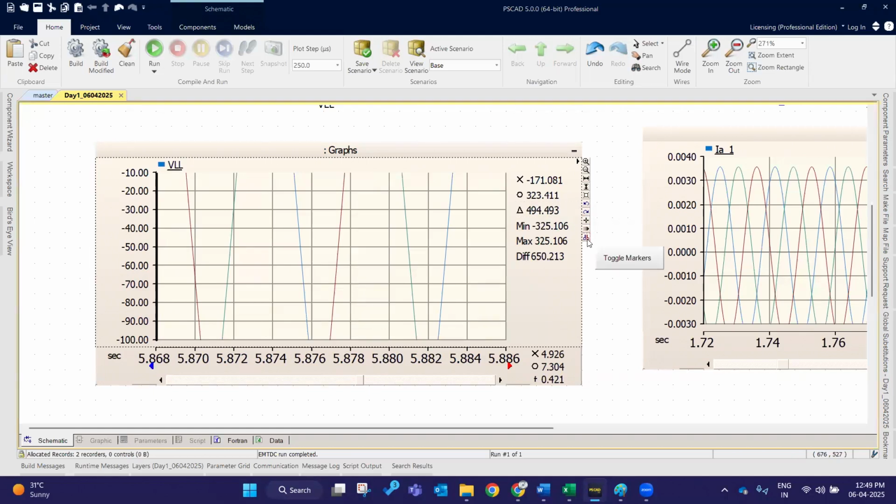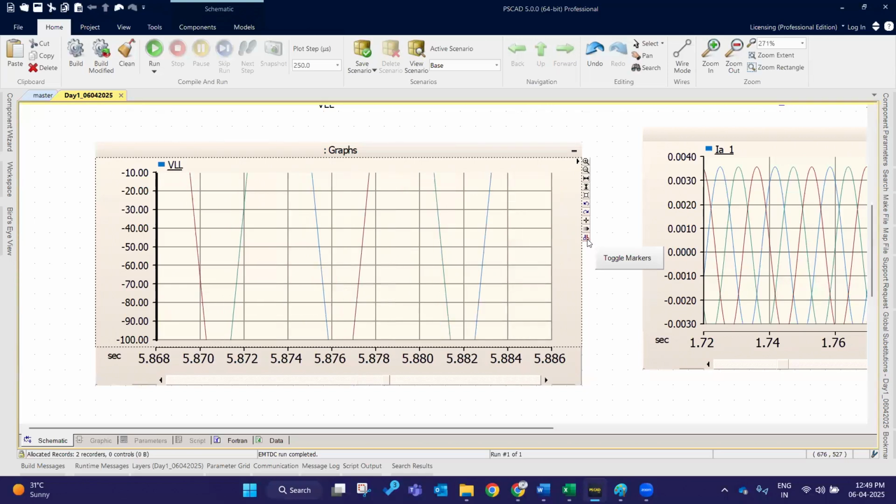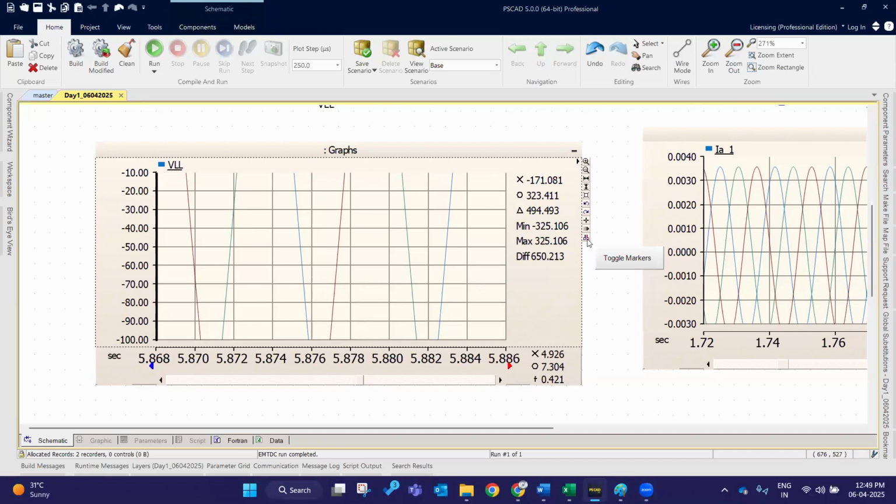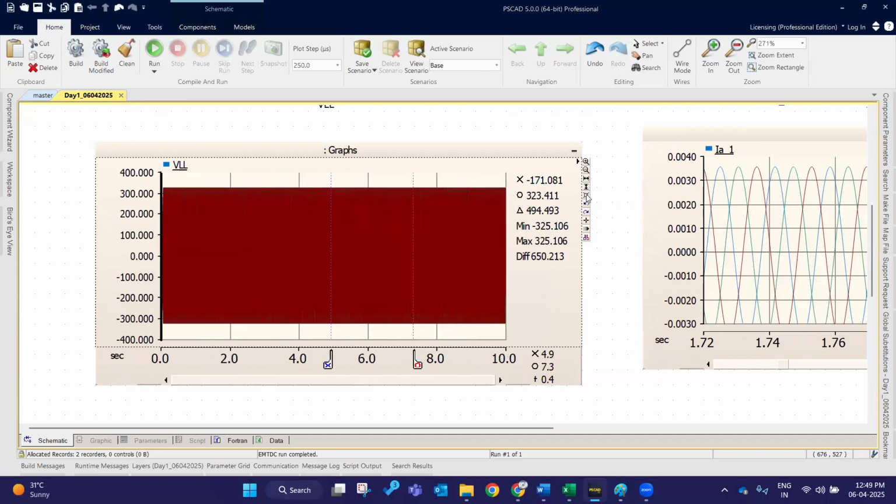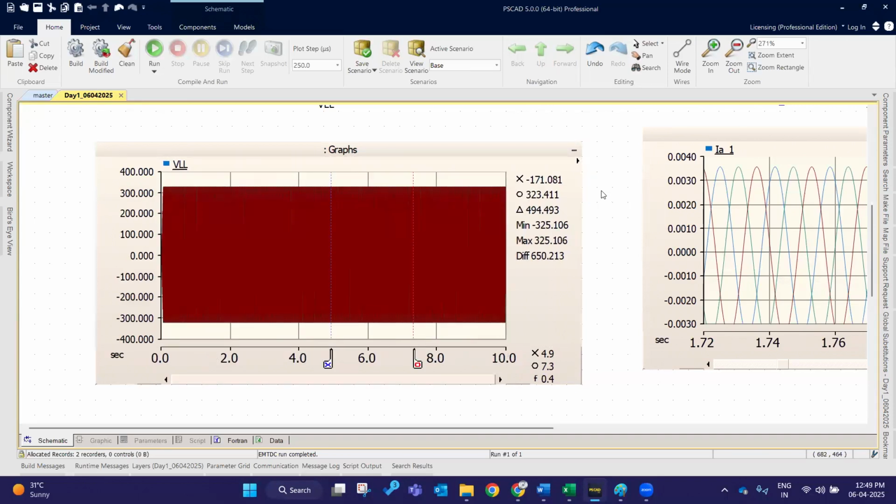Finally, for measurement, this toggle markers option will be used. It can be brought up by pressing M directly or else using this option also. For resetting, this option we can use. Instead of pressing R, you can use this. To get to these options, in the graph, in the corner, there is an arrow triangle-like marker, no? Click on that, you will get all these options. So the major shortcuts are R and M alone. For resetting, R,